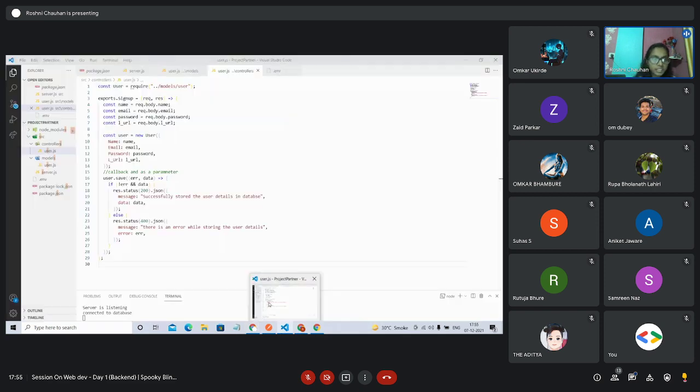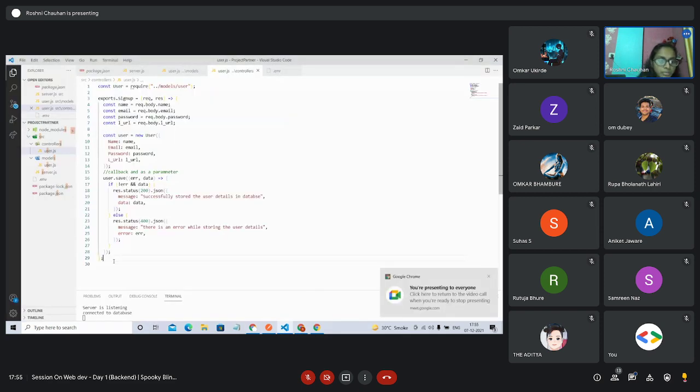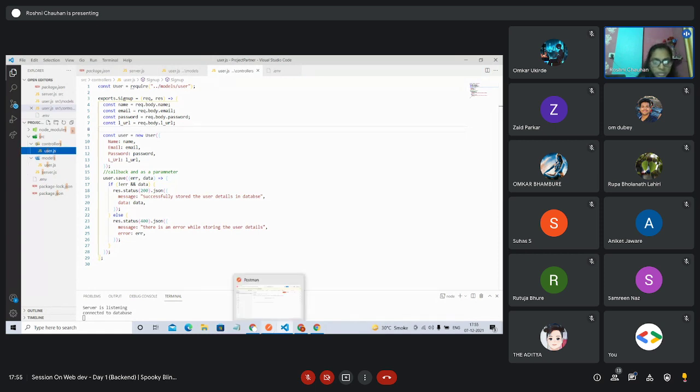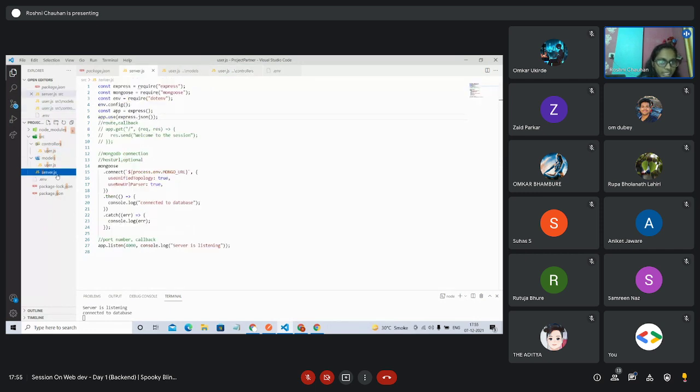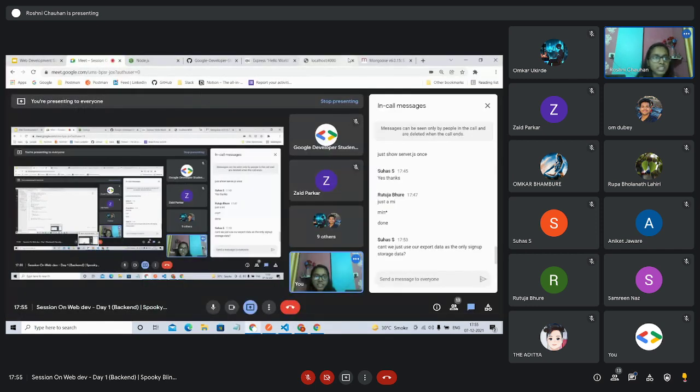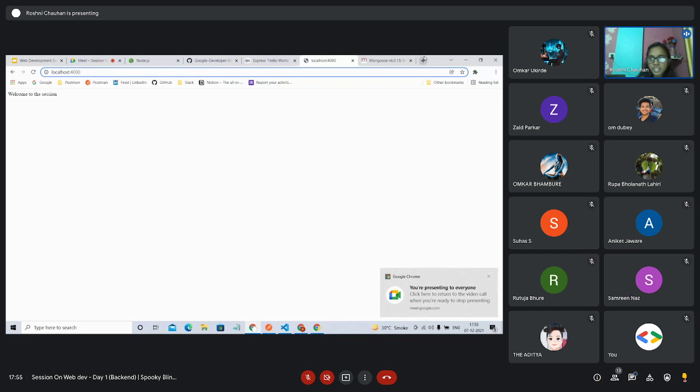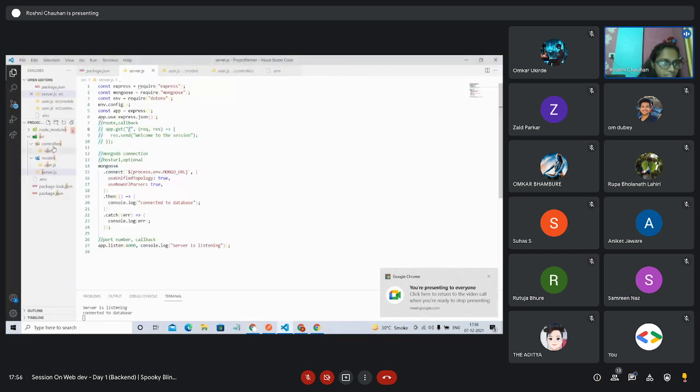Basically, this is the logic for how the data is going to be stored into the database. We have just got the name, email, password from the client side. We are going to test it on Postman and get the response to see whether this code for storing the data is right or wrong. Let's create a route for this. Similarly, like here we created a route for slash, localhost 4000, the main. For the sign up route, we are going to create a